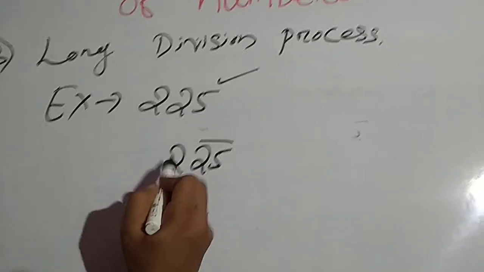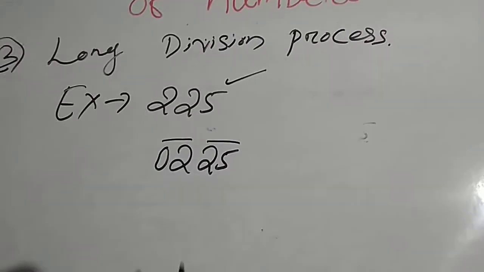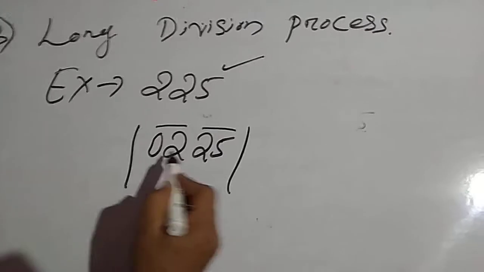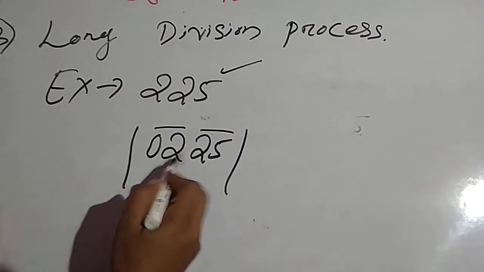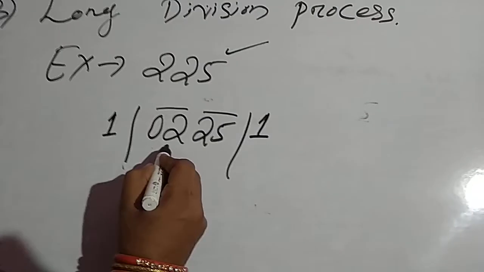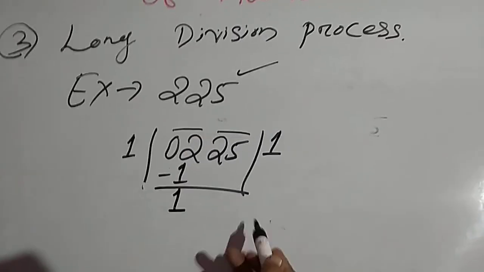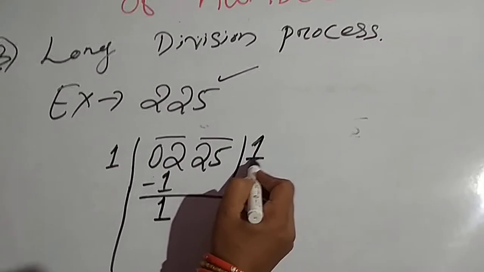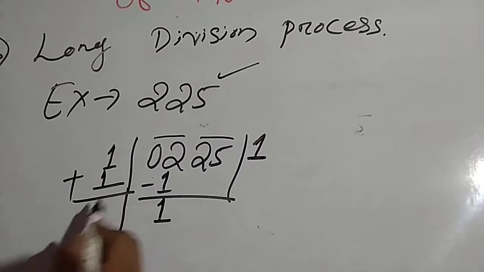So here the rest is only 1 digit, so we put 0. Okay. Again we put the bar on the digits. So next we divide. So first is 2. So 2 is which square? This is not a perfect square. So we put 1. 1 square is 1. Okay. So 2 minus 1 equals 1. Again, whichever number we put as the first quotient, we add the numbers. 1 plus 1 equals 2.